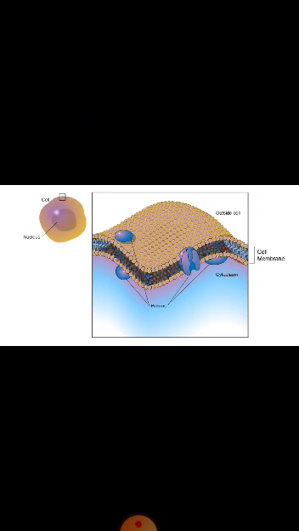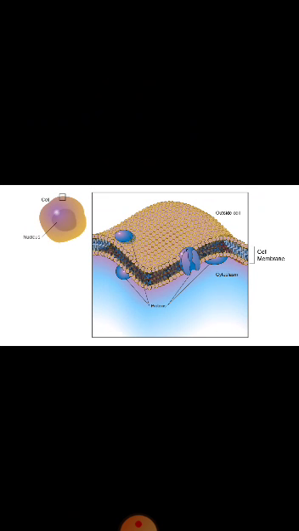Movement of carbon dioxide, water and oxygen takes place through the plasma membrane through a process known as diffusion. Diffusion is a process of movement of molecules from a high concentrated area to a low concentrated area, whereas the movement of water molecules takes place through a process of osmosis, where the movement of water molecules is from high water concentration to low water concentration through a selectively permeable membrane.